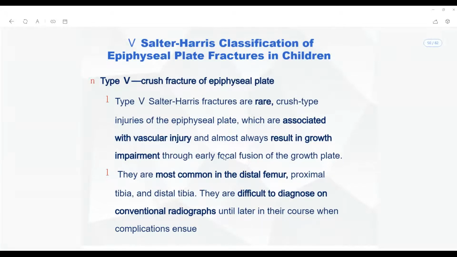Okay, so focal fusion will be happening, so rather than early fusion, we can call it early focal fusion. Now what we can see here is that it is present in most of the distal femur or along the proximal tibia and the distal tibia as well. Then they are generally difficult to diagnose on a conventional radiograph,